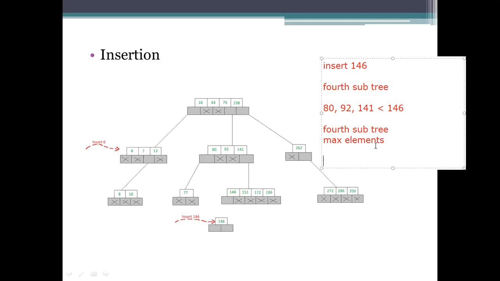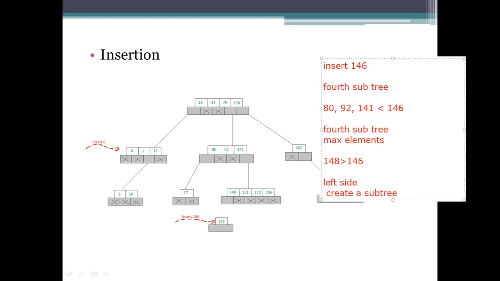So what it has to do is take at which position we can add this one. What is the first element? 148. This 148 is considered greater than the inserting value. Then this value can be added to the left side of that one. For that, we need to create a subtree of 2. Two-way has to be done.